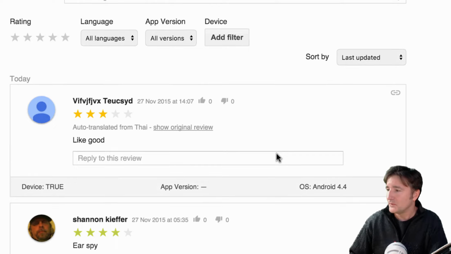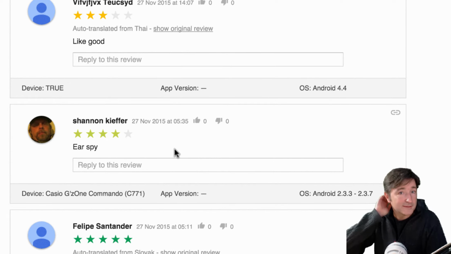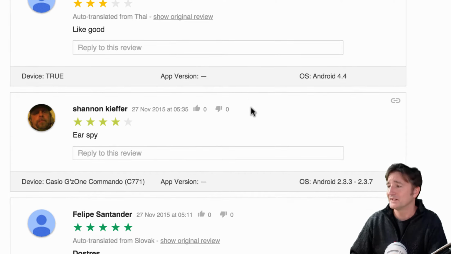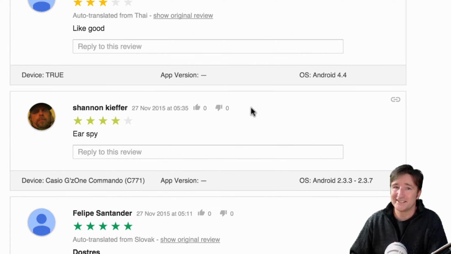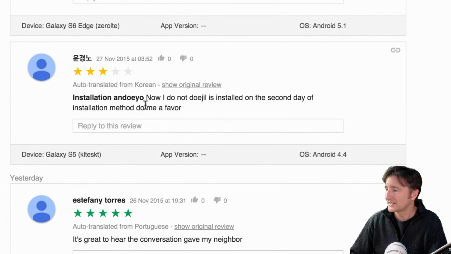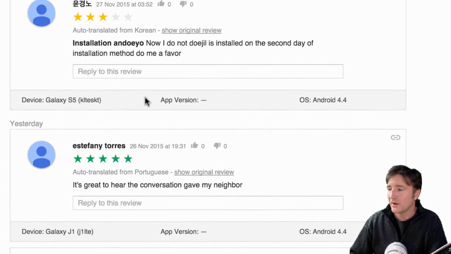But basically here you can see all the reviews that come through on a daily basis. So this is live, so I don't really know what I'm going to find here, but it's usually pretty consistent. It's like, this is great, this is great, this is great, this sucks, this sucks, this is great. So here you can see, like EarSpy, Stress, and it uses Google Translate. We globalize the app, so we get lots of stuff from all over the world, and Google Translate doesn't really work that well.